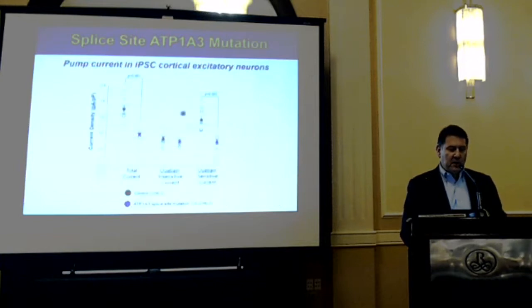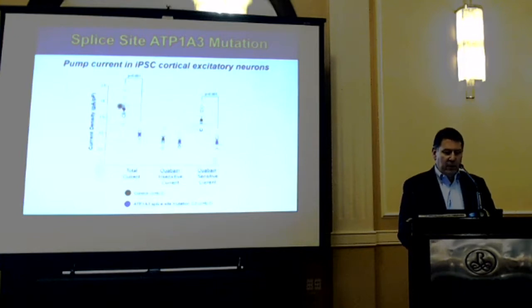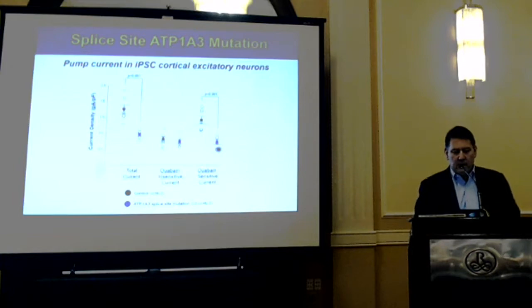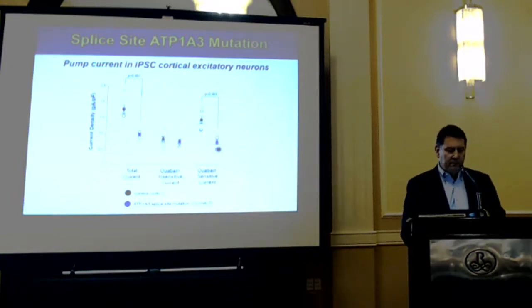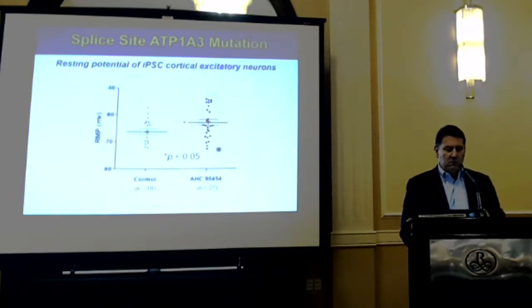And so here is some summary data showing the recordings of pump current made in neurons from the Splice Site mutation cell lines compared to a healthy control. We see the same pattern. It's diminished overall, and if we just look at Ouabain-sensitive current, we see a significant diminution in the pump current. Resting potential is also abnormal, and here we looked at two